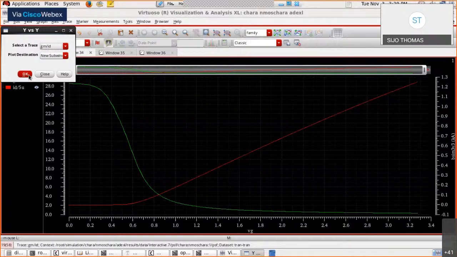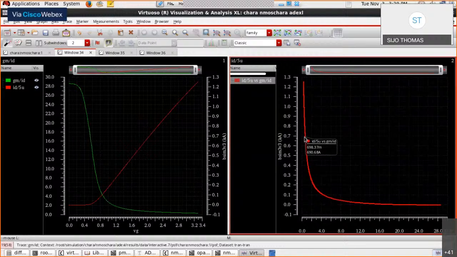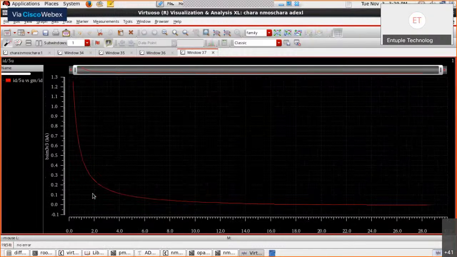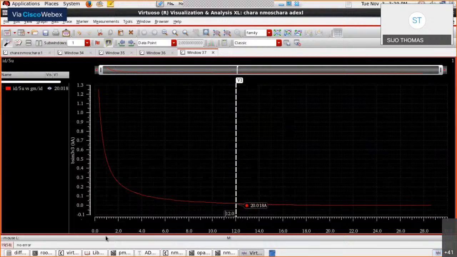Now we can go to current density across gm/ID. New window. So gm/ID, we got it as 12 here. If you put a vertical cursor at 12, we are getting a value around 20. So if you go back to the spreadsheet,